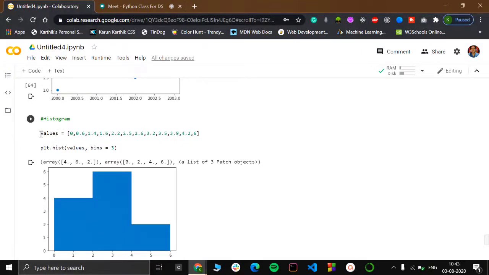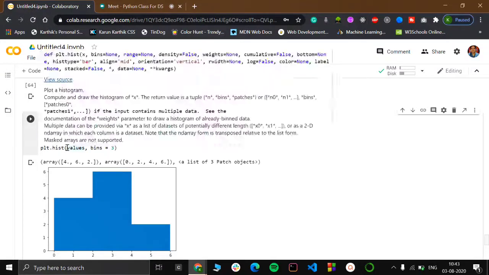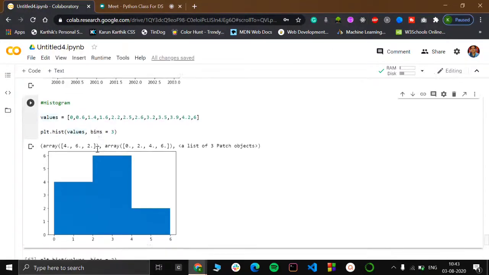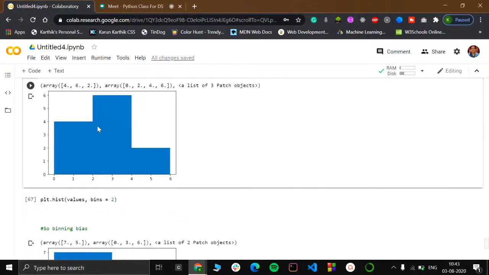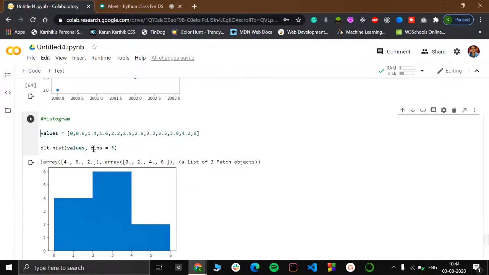let's actually first plot a histogram. So let's give those values here. We are giving a set of values, and I am plotting hist. A histogram is plotted in this way, plt.hist, and I have given the values and bins. Bins actually means this rectangular box is one bin, and this other rectangular box is another bin, and this one is another bin. Since I have given 3 bins, accordingly it